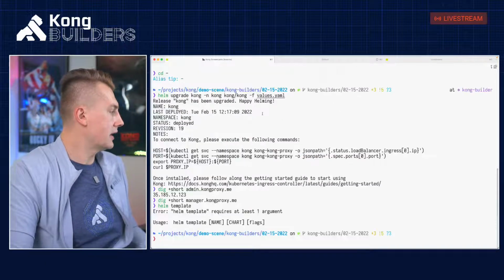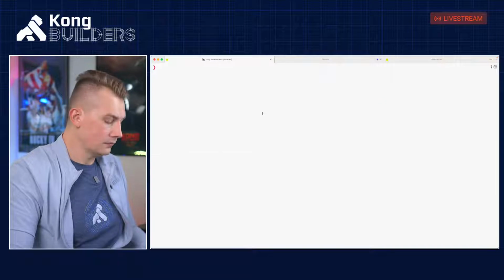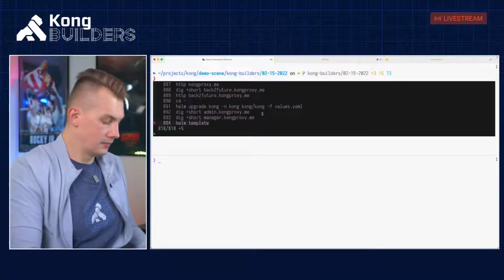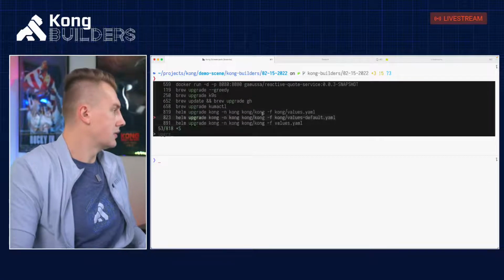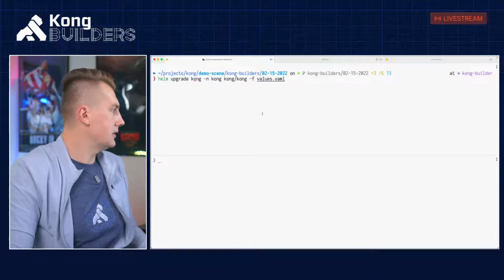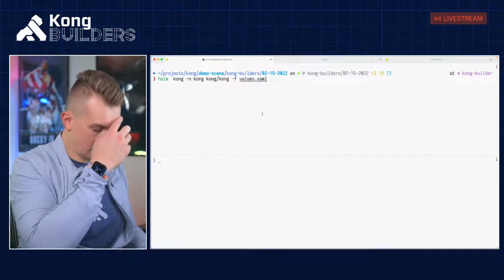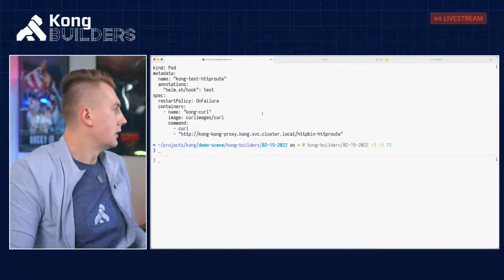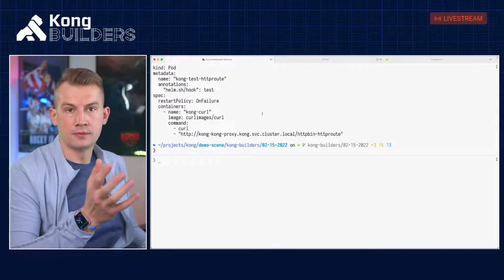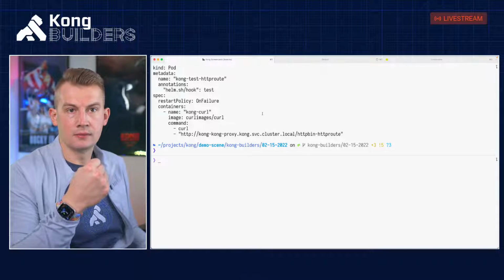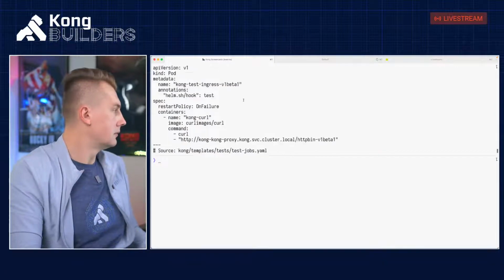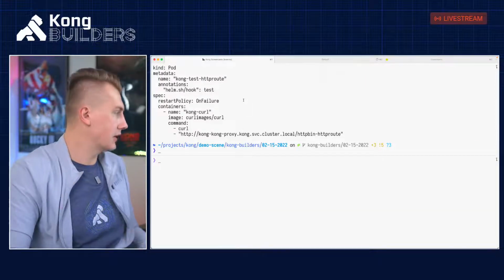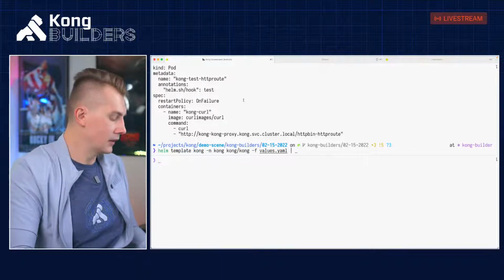Helm template allows me to do, when I run this upgrade command, it spits out the output of this Helm chart, whatever objects this Helm chart creates. So let's copy it somewhere.